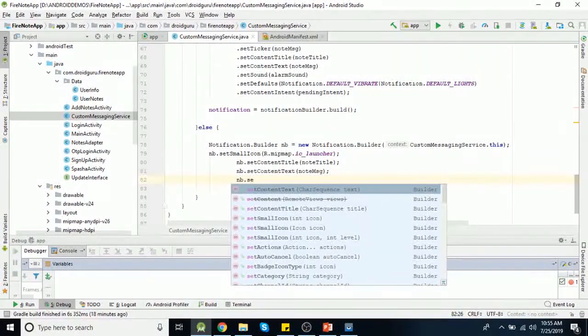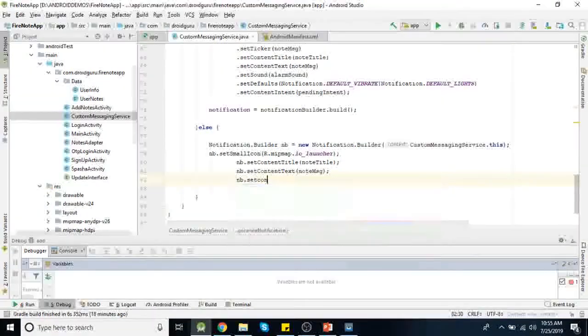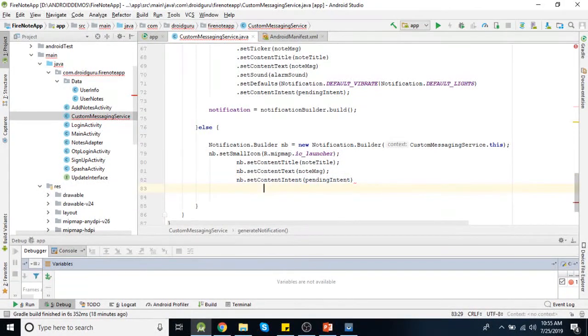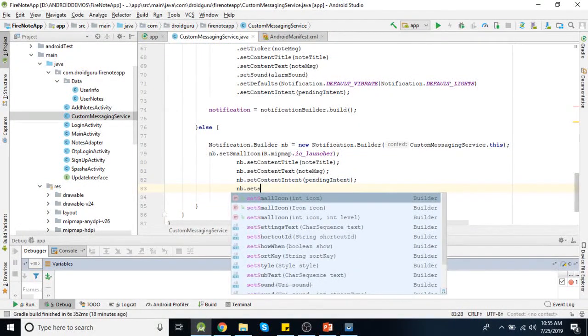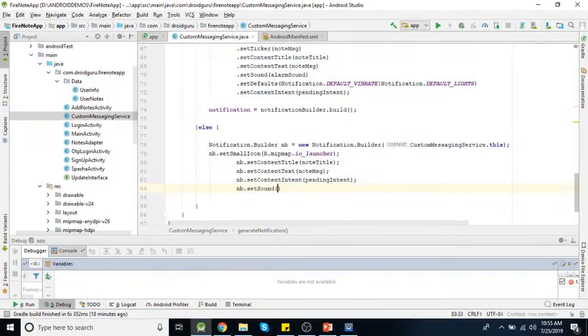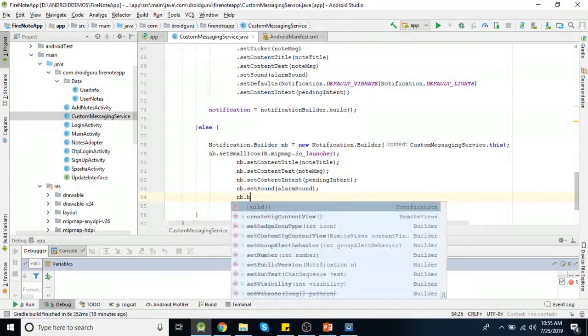So set content intent pending intent. Then we can use a sound here. Set sound. Same alarm sound we can use. And nb dot build.